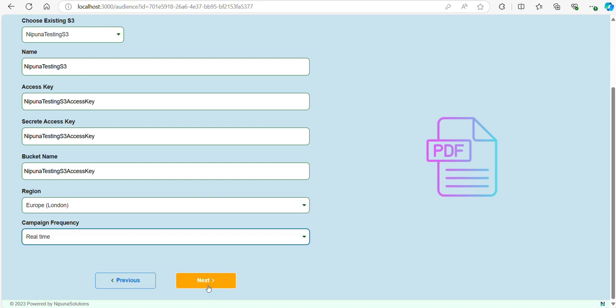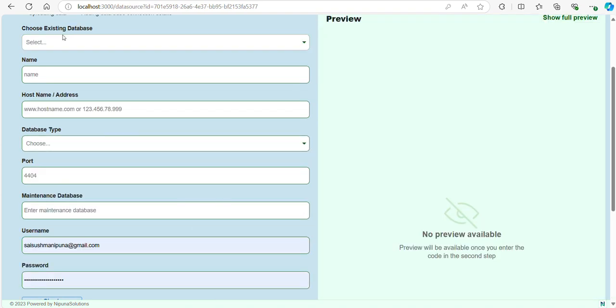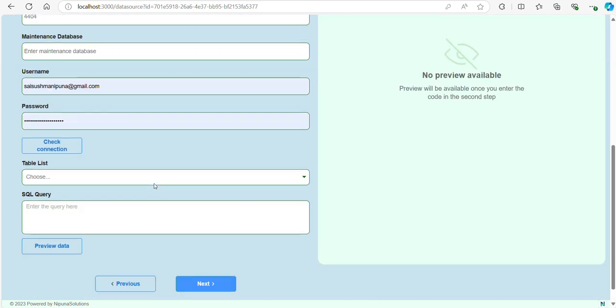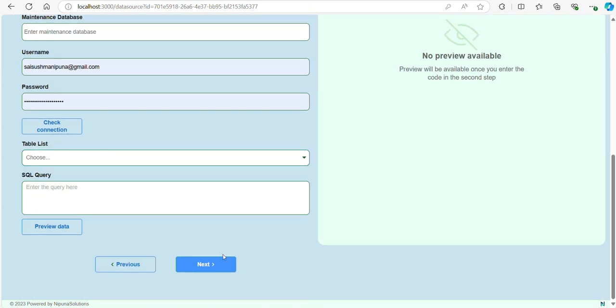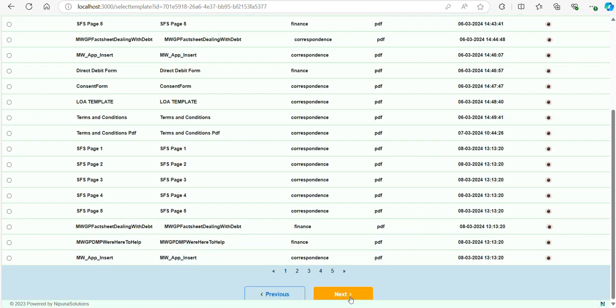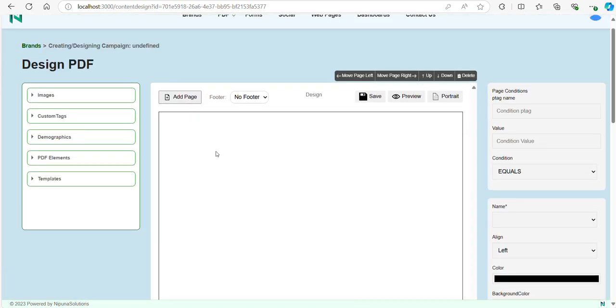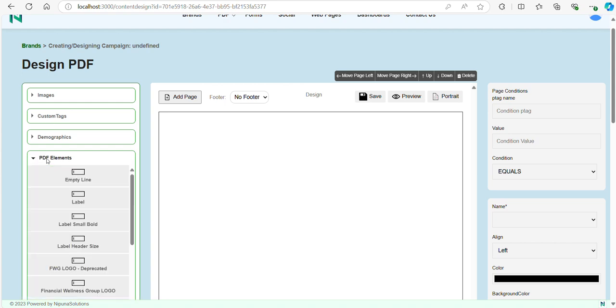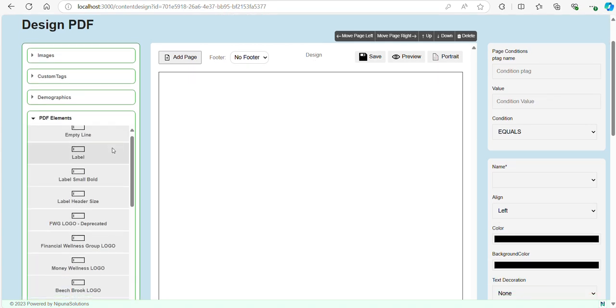select some frequency and S3 details and the database details. You can skip the templates here. So we can see on the left side the different PDF elements, which will be helpful for